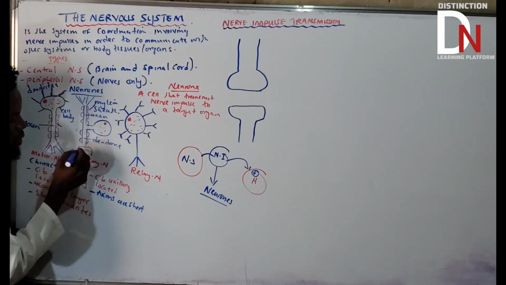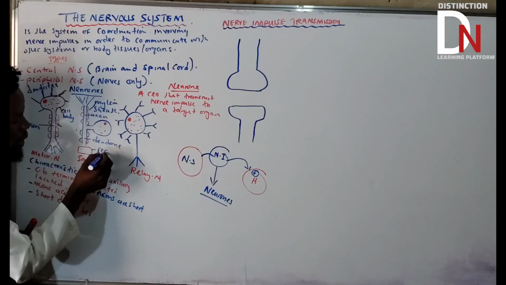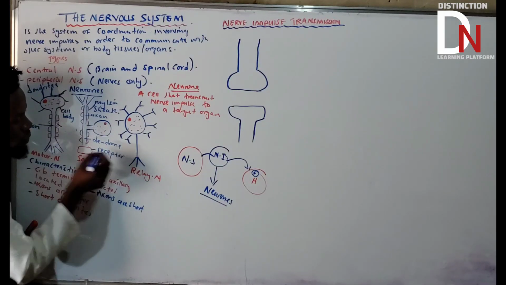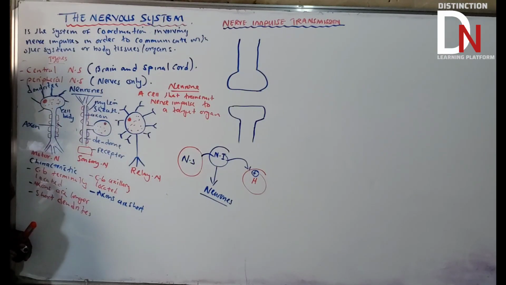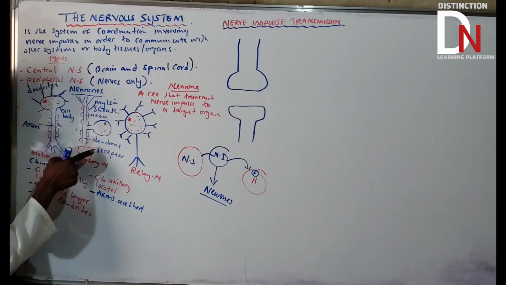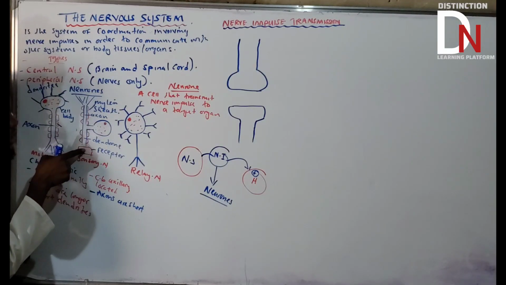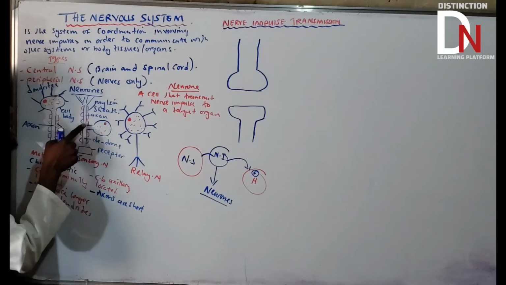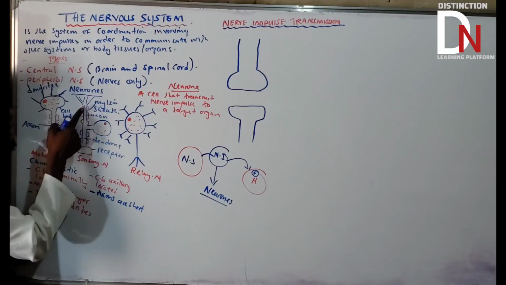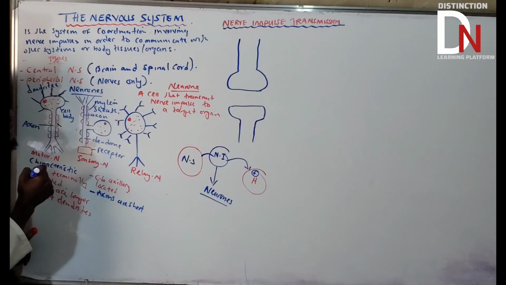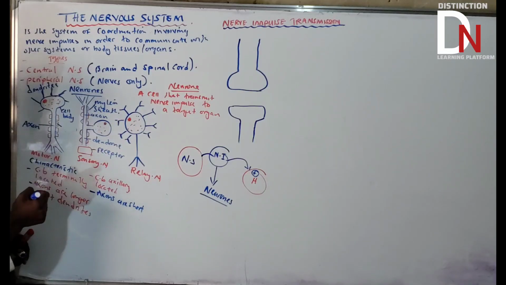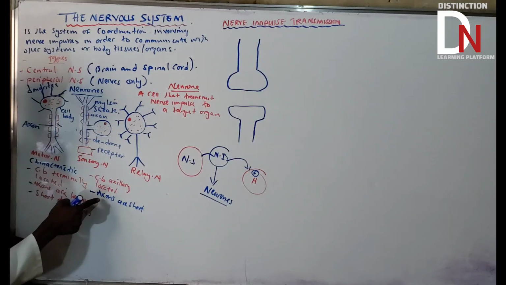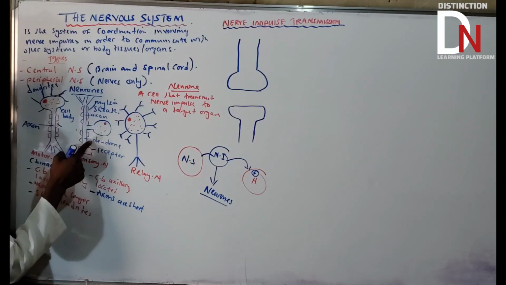The dendron is the one that is connected with this. You see this red thing? This red thing is what we call a receptor. A receptor is a very, very important part, and it is always connected with the dendron. Then the other part, this tube, is going to be called the axon. So that's a receptor. So now axons are short when it comes to